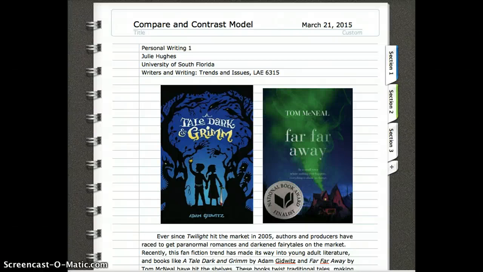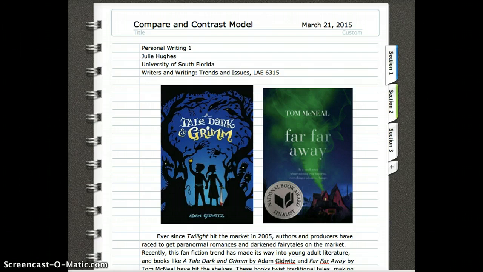This is my first personal writing. It is an expository essay because my sixth graders actually had to write a compare and contrast essay this last quarter. And so I wanted to develop a model showing them how I compared two books that they may or may not have read, and how I focused on some similarities and then focused on one main difference. And I chose these two books, A Tale Dark and Grim by Adam Gidwitz and Far, Far Away